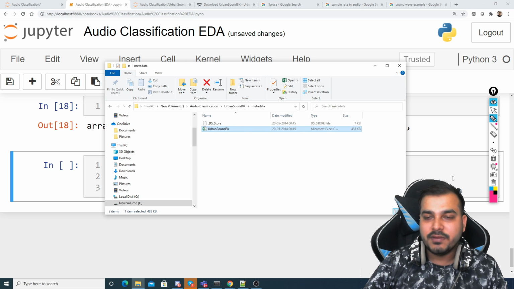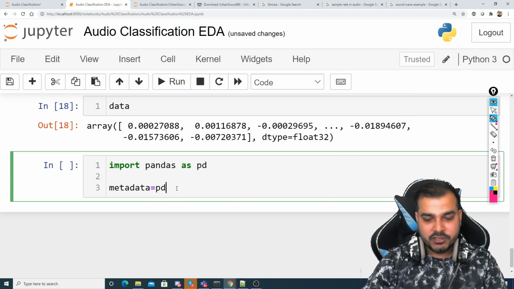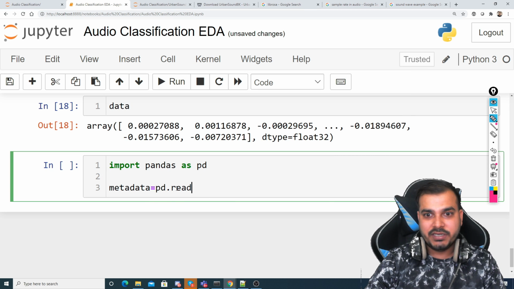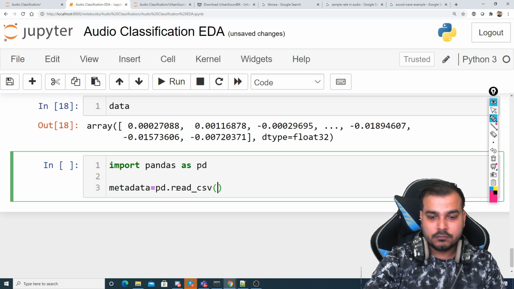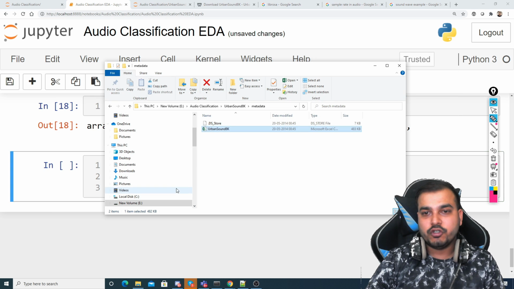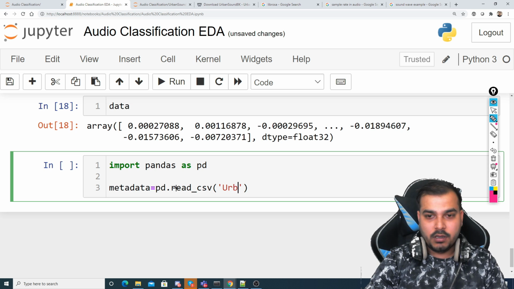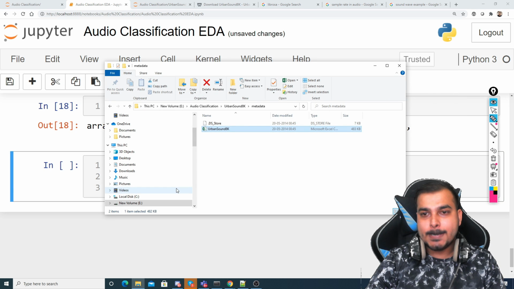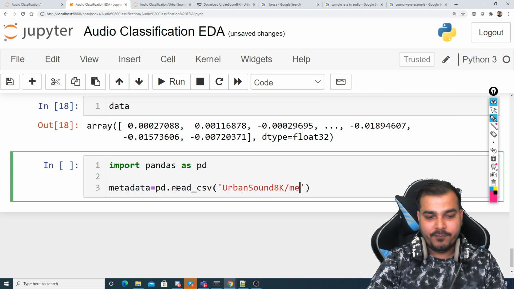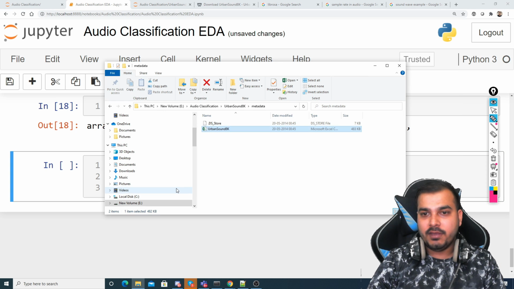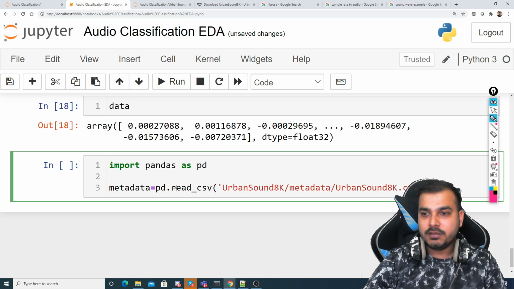I'll talk about this CSV data set also, what it is. So let me just read it with read_csv, and here I'm going to write UrbanSound8K, then metadata, then UrbanSound8K.csv.